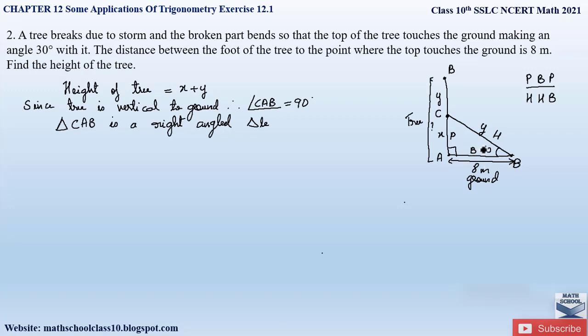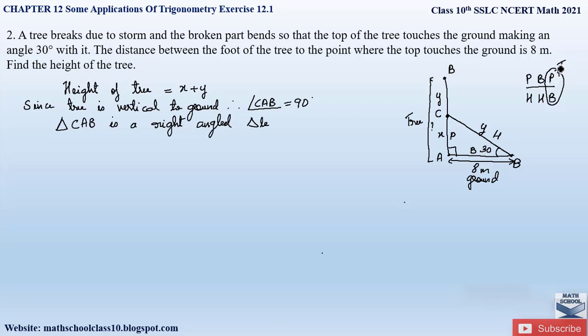Okay, so here in this triangle CAB, we already know the base side, that is we know the AB, which is the base. Now we have to find out the perpendicular AC and the hypotenuse CB. So let us first find out the perpendicular, knowing the base and the acute angle. So the perpendicular by base ratio is given by what?